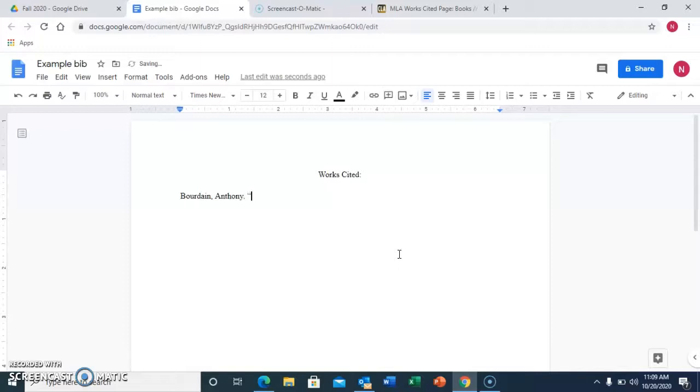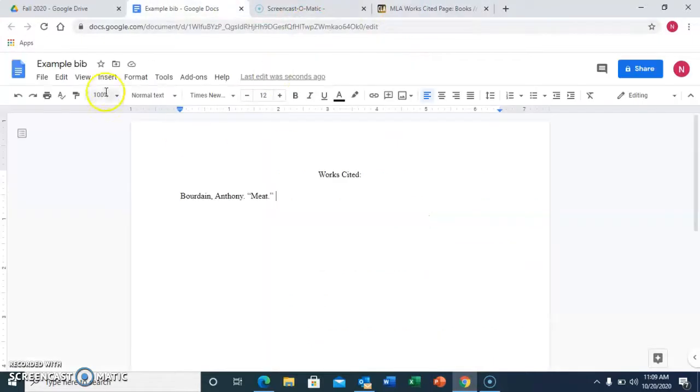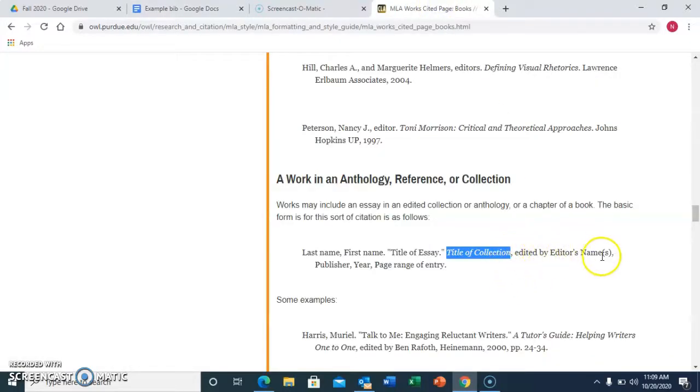Then following it in quotations because it's the name of the essay, Meat. So then coming back here, we've got it in the quotations, ends with a period, and then the title of the collection is going to, again, be italicized. So switch to that. Let's jump over here and see it's commas all the way through until the end of the entry.